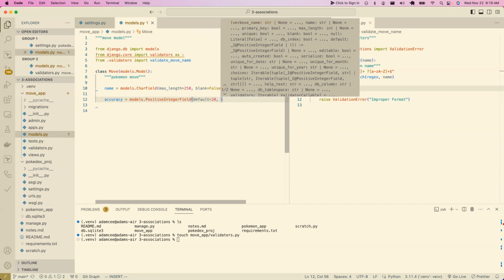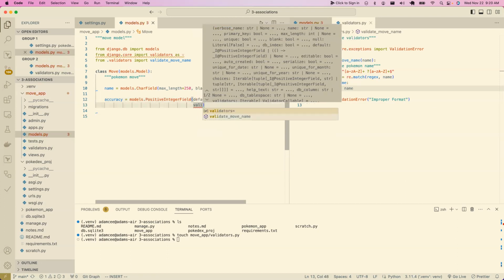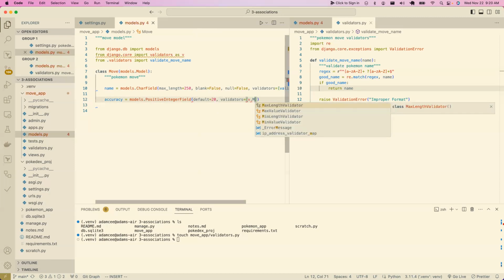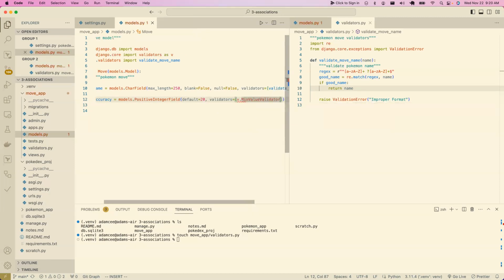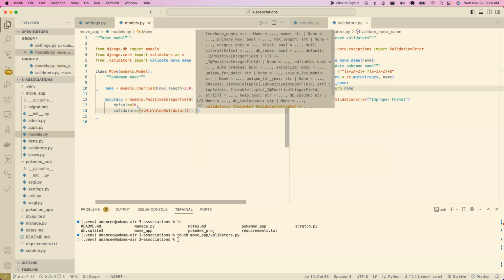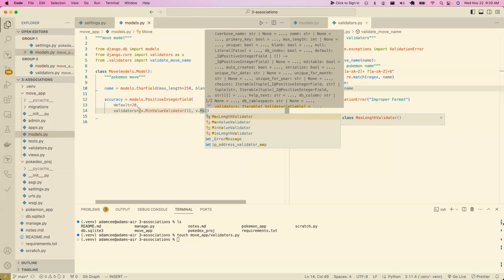There's a couple things I want to throw on here. So this is going to end up on a new line. Actually, I forget, Python can get a little persnickety with white space. Let's say that accuracy has a minimum of 1. Let's see if Python is happy with this, because I think this will make the readability a bit easier. So we're going to validate that accuracy has to be at least 1, and we're going to validate that accuracy can be no more